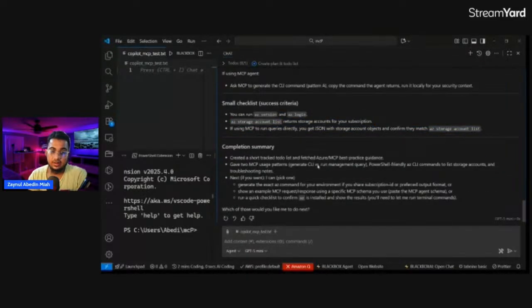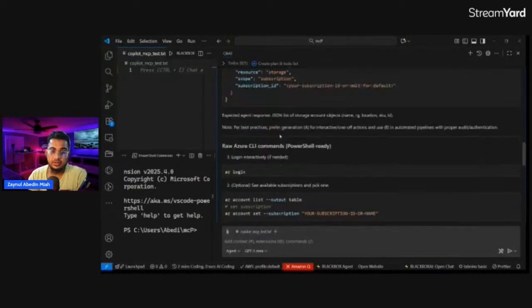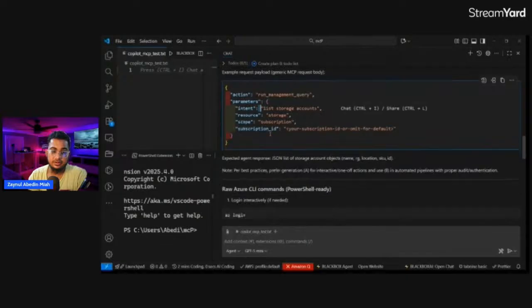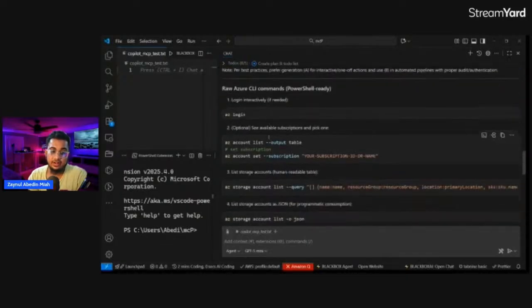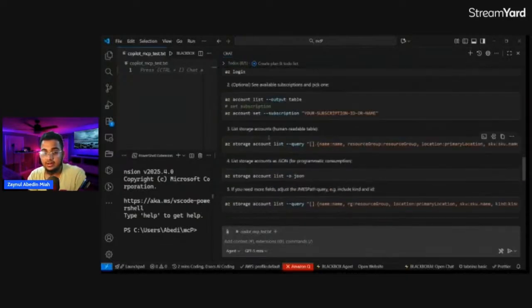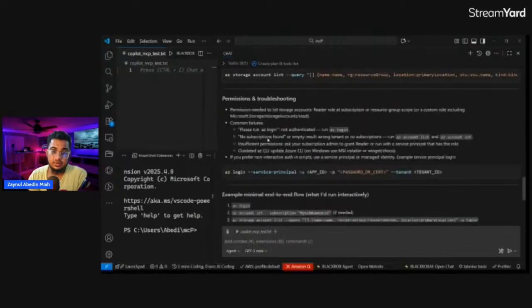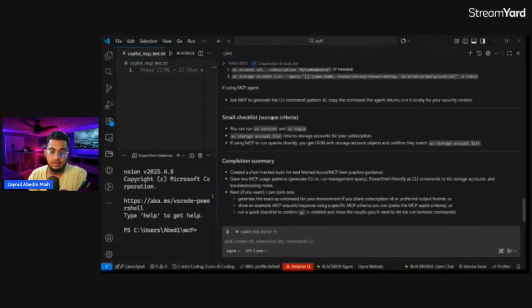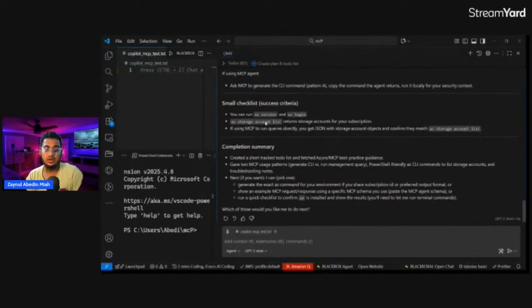Then it generates production-ready code for you. You can see the production-ready code already given to you here. Then it provides security guidance and also handles error cases and teaches you the best practices. And it does all this without needing a custom integration for each tool. That's MCP, that's the future. So if Copilot doesn't respond on the first try, you can just